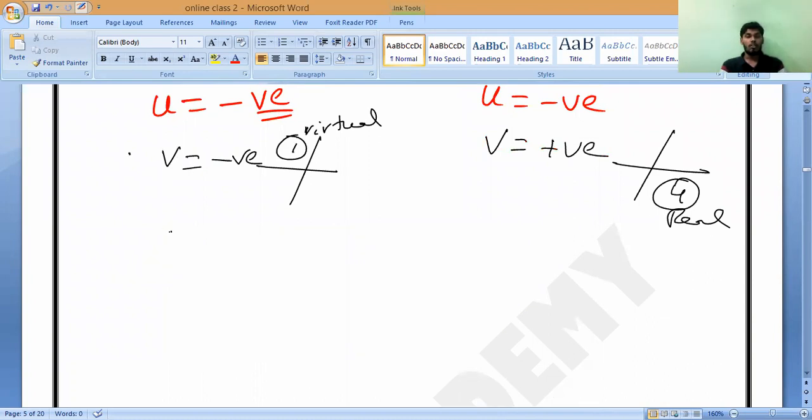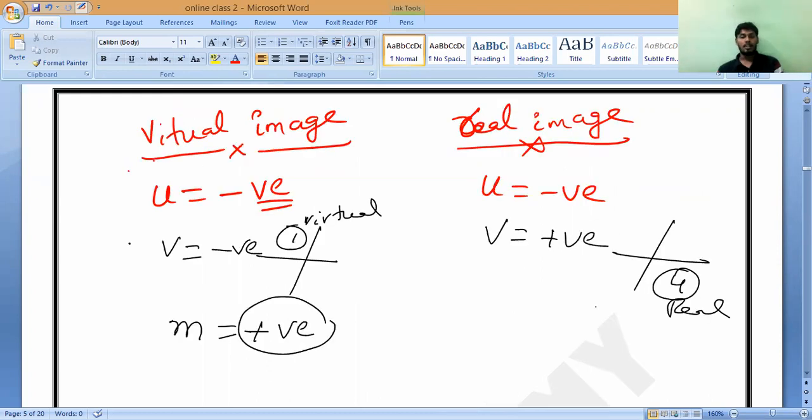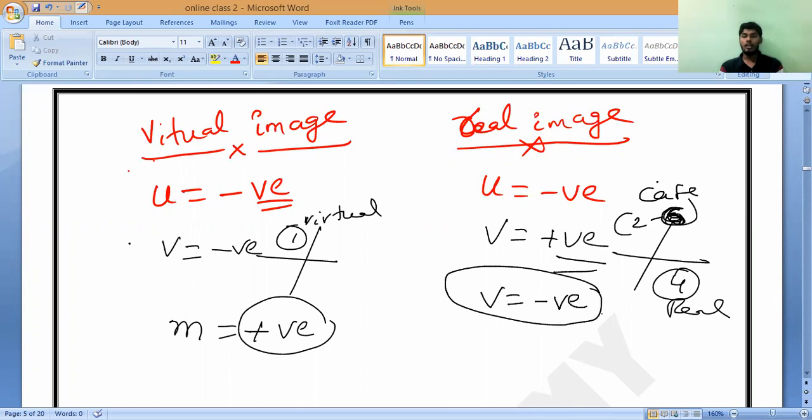Next, magnification is always positive. But if it comes to the lens, we have two magnifications. And also I forgot, V is equals to positive from case 2 to case 6. Is it yes or no? Yes, sir. So for case number 1, V is equals to what? Case number 1, V is negative, for case 1 alone, because by the time it will form a virtual image. So that is what you should remember.